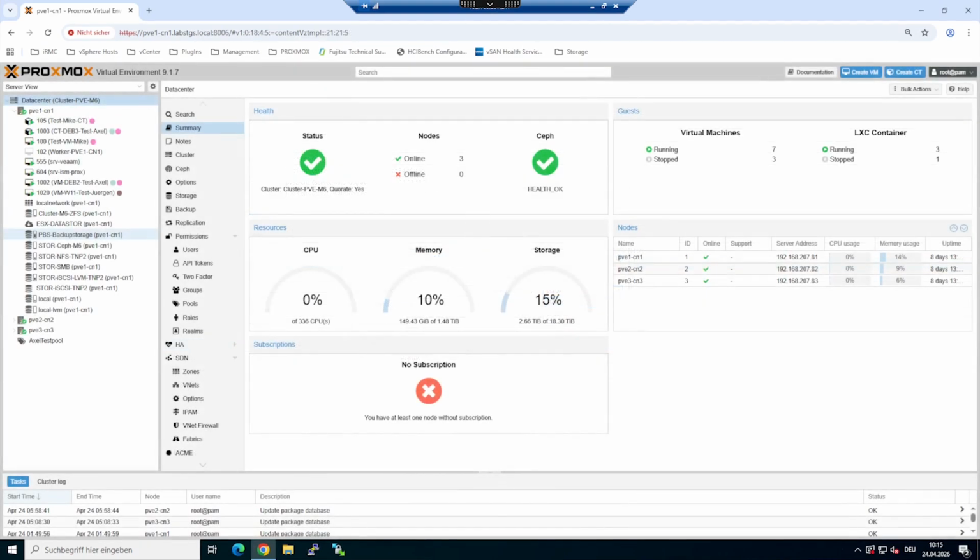This brief tour has covered the core functionalities of the Proxmox VE dashboard, from creating and managing your virtual resources to robust storage options and essential backup capabilities. Proxmox VE provides a comprehensive open source solution for your virtualization needs. It's powerful,